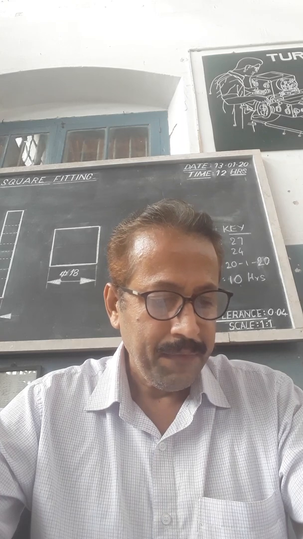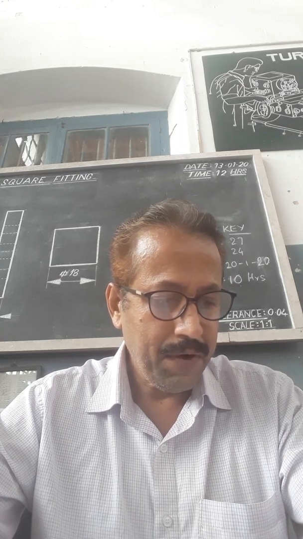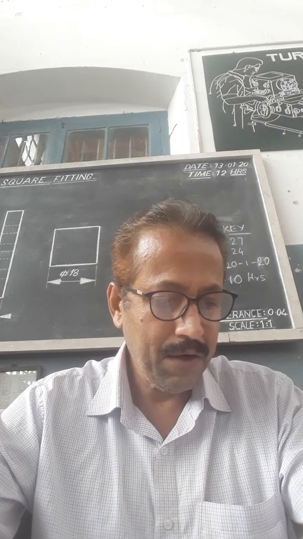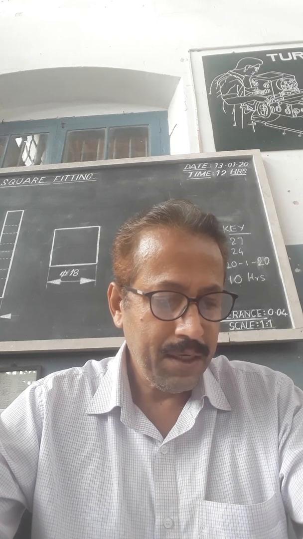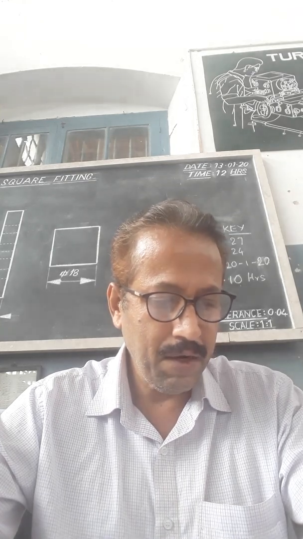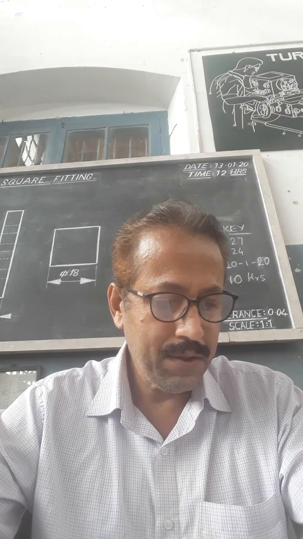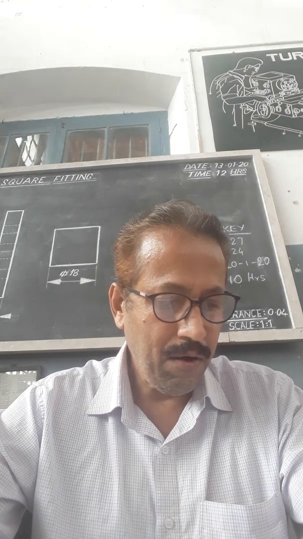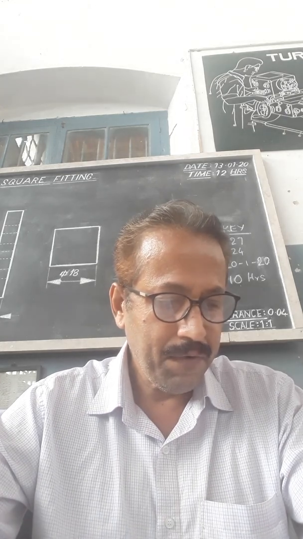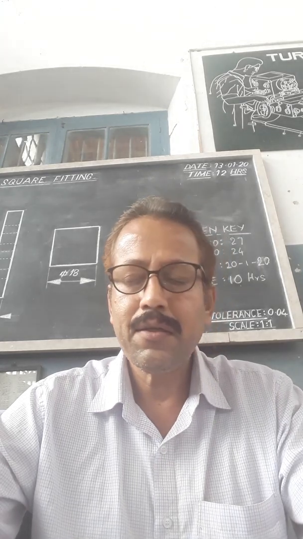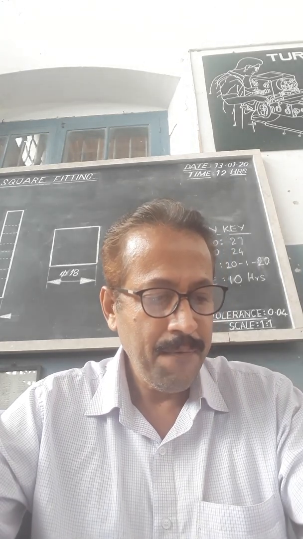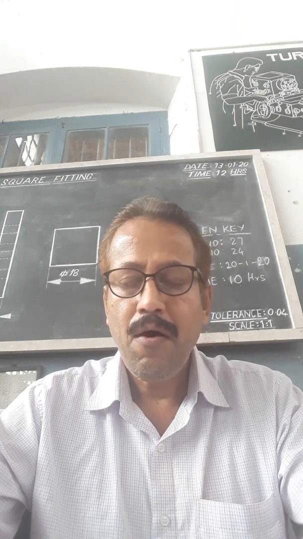Flat saddle key. This key has a rectangular cross section. For fitting this key in the assembly, a flat surface is machined on the shaft. The key is placed between the flat surface of the shaft and the keyway on the hub. This is considered to be stronger than the hollow saddle key. This is not suitable for heavy duty transmission. The performance of the flat saddle key is better compared to the hollow saddle key.